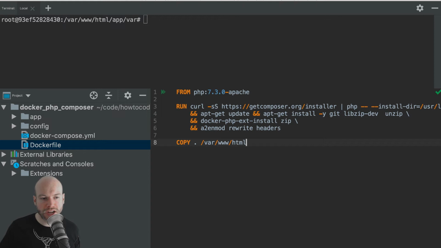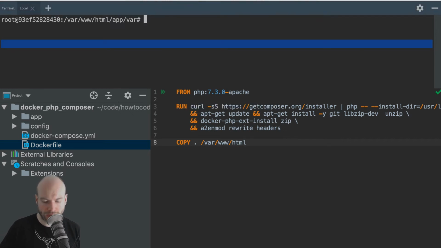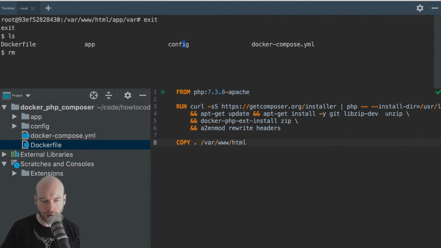So let's say, for example, we go onto the server and we do a Docker build. So we have some form of script that does a Docker build. We need to have some way of installing all of the Composer dependencies from within the Dockerfile. So just to replicate this, let's get out of the container. So we're now on the host machine. I'm going to just do an rm -rvf and remove everything from the app vendor directory.